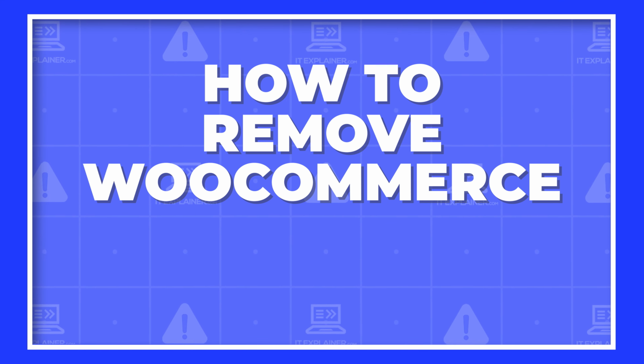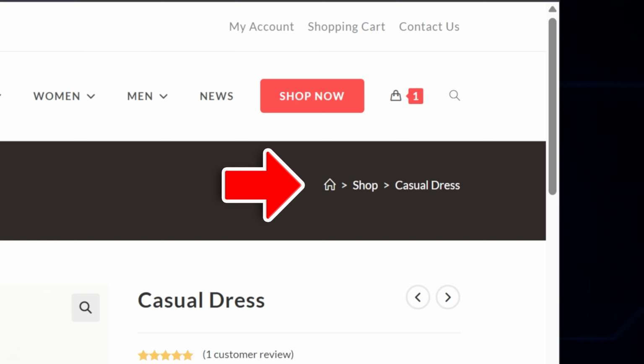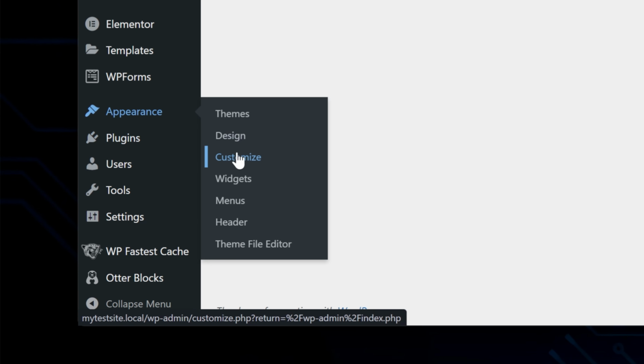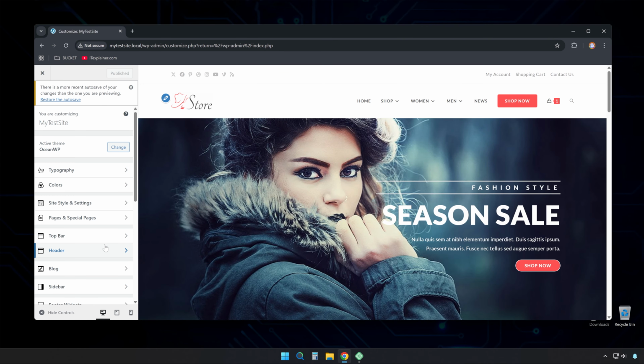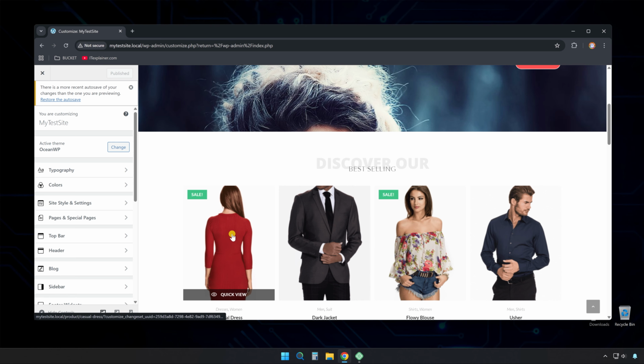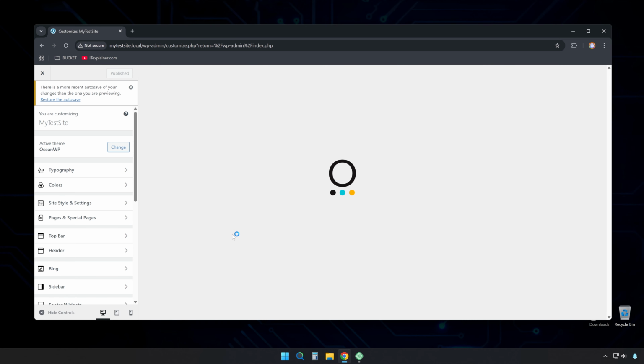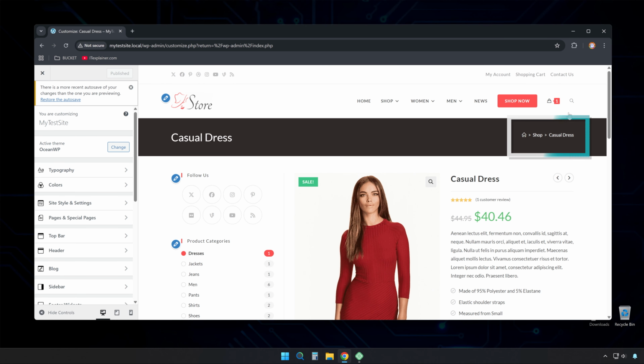Here's how to remove WooCommerce breadcrumbs from shop pages in under 1 minute. Just head over to Appearance and then Customize in your WordPress dashboard. This opens up that live preview where you can actually see what you're doing. So open up one of your product pages in there first because you want to see those breadcrumbs sitting there